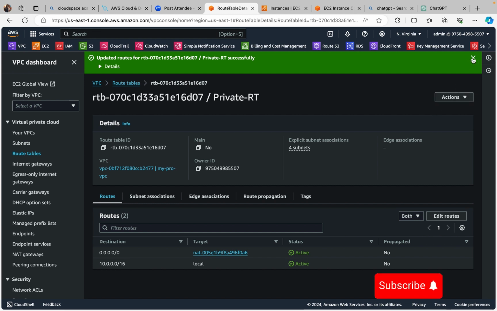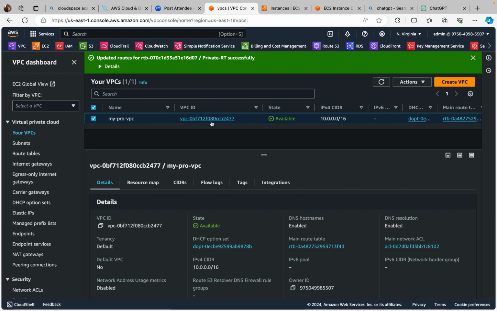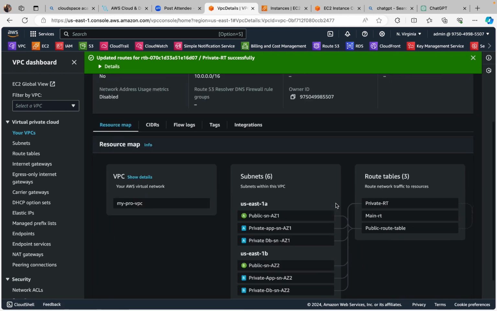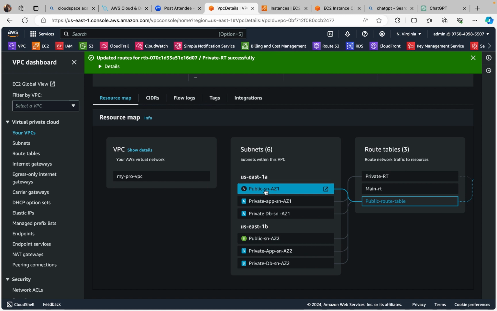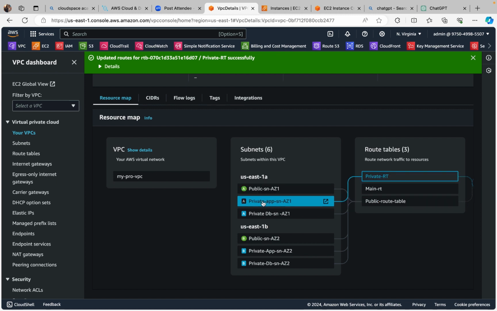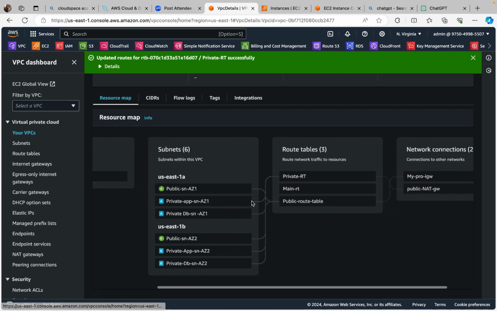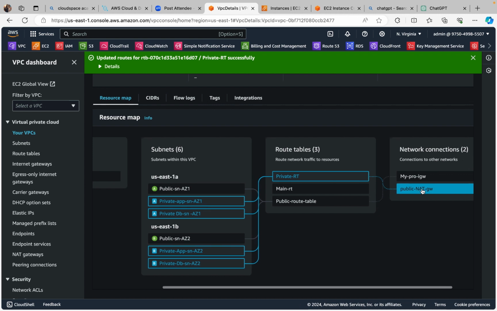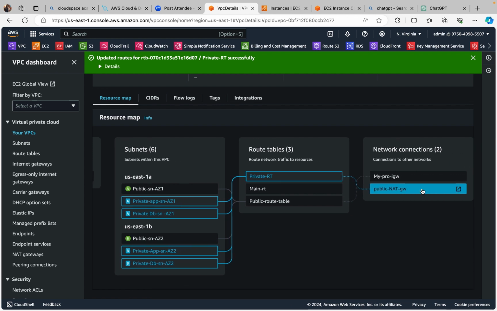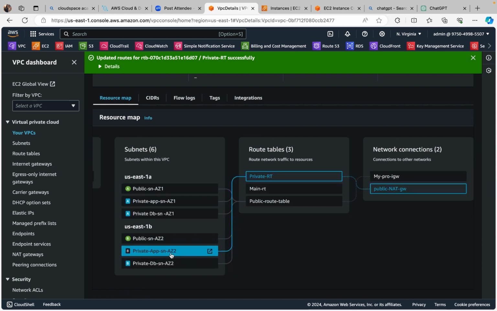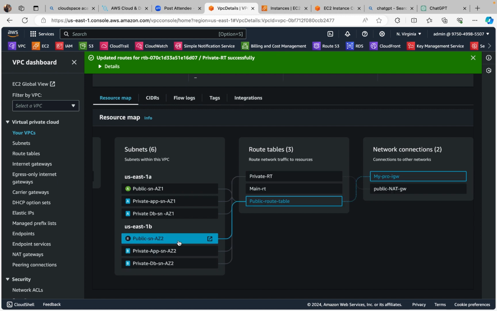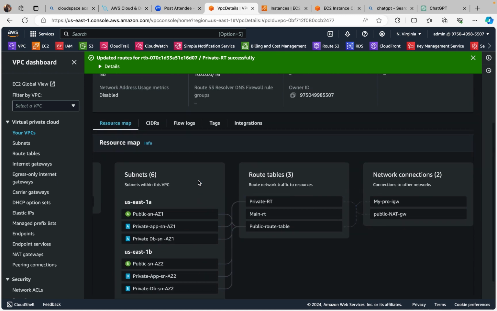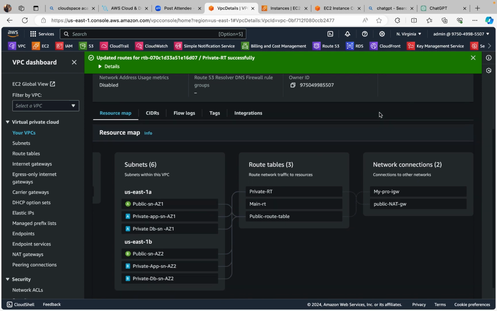So now let's go back again to our VPC. Once we come to the VPC here, let's go down and look at the private route table. Come a little bit, you see that this private route table can come here, private, and is able to go right to the public NAT gateway and get access to the internet. So any private route table can go to the internet. All right, so that is what I wanted to show here for the NAT gateway,